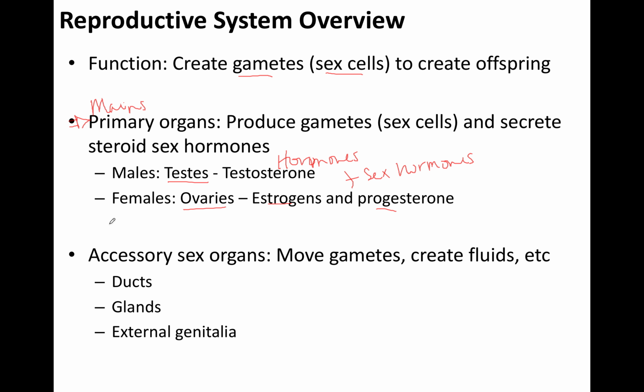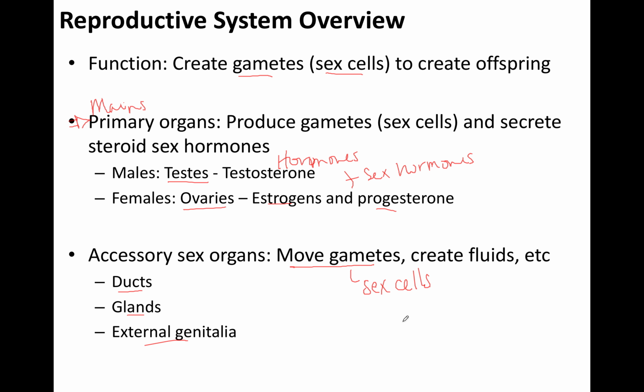Then the second part of the reproductive system is going to be the accessory organs. Essentially, what the accessory organs are going to do is they're just going to help either move gametes to their destination, or they can also create some fluids to help move the gametes to their intended destination. So this includes things like, you might see ducts later on and glands, and then of course the external genitalia are also accessory organs. Remember, movement of gametes or sex cells